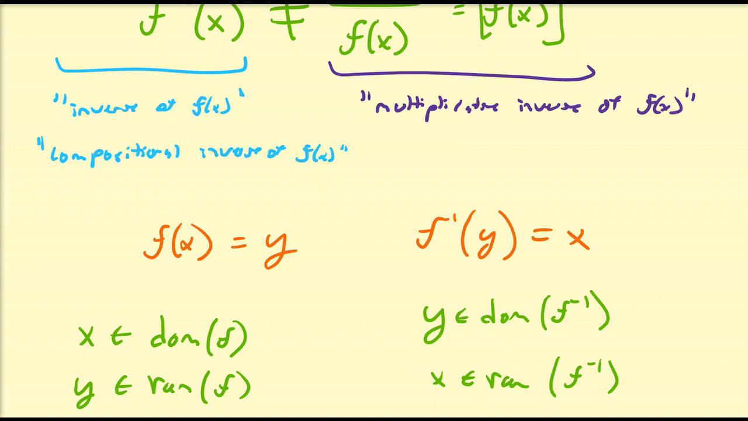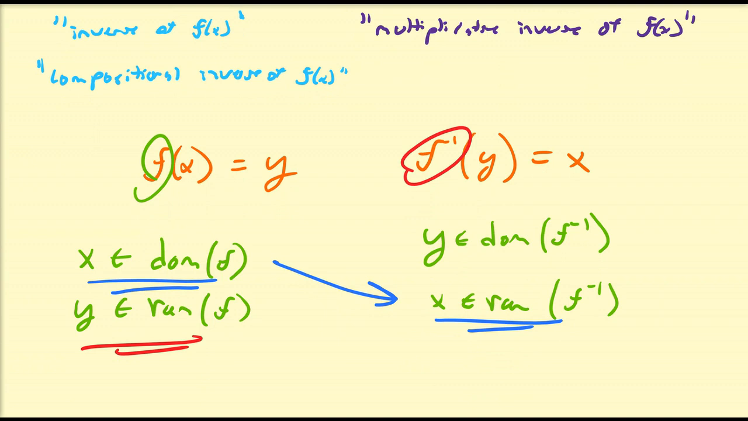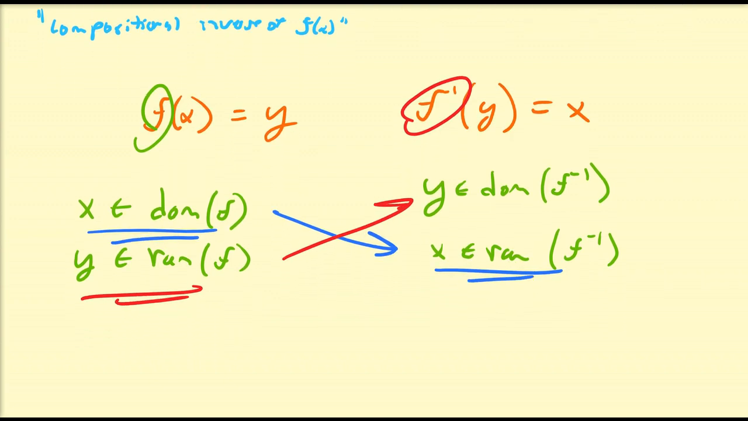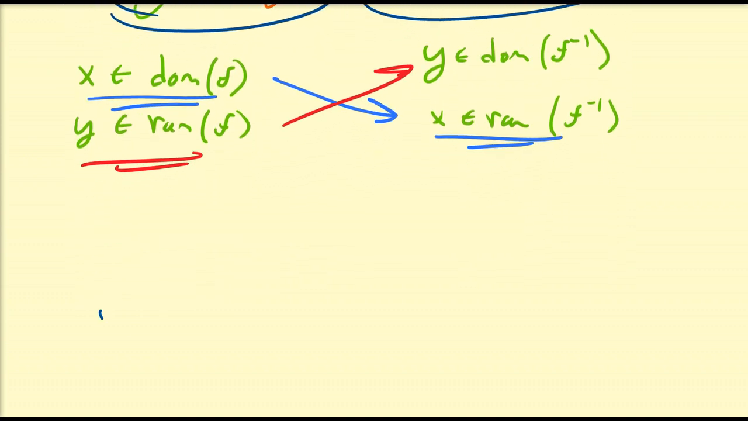So if this function f inverse is truly the inverse, the compositional inverse of this function f, then we do have this property that if x is in the domain of f, then x must be in the range of its compositional inverse, and if y is in the range of a function, then y is going to be in the domain of its compositional inverse, provided that this compositional inverse does exist, which we will definitely get to. But from this property, you may be able to see how you may be able to solve equations